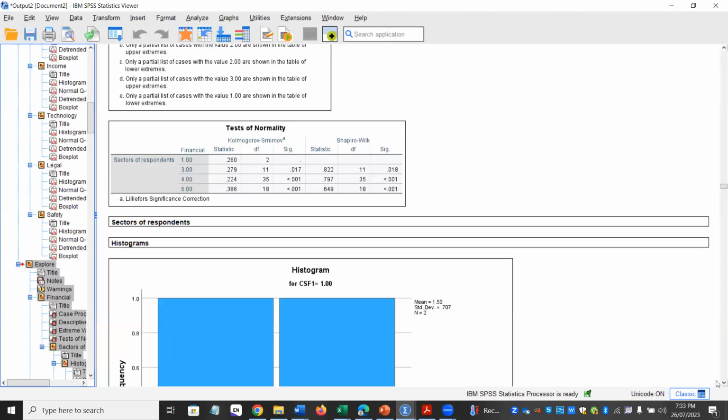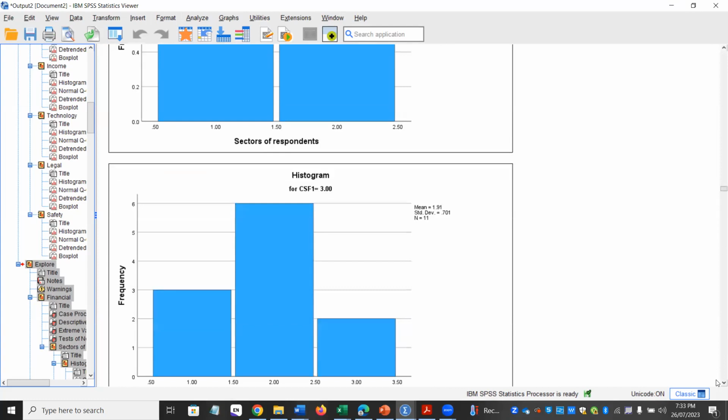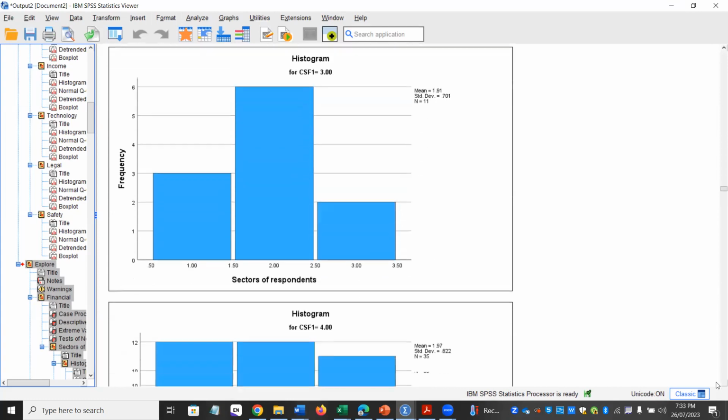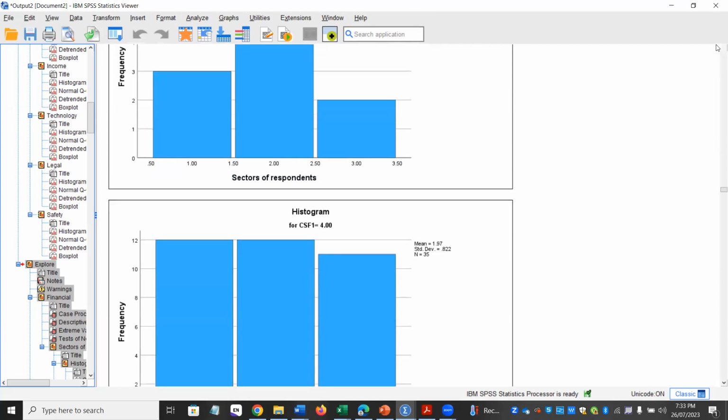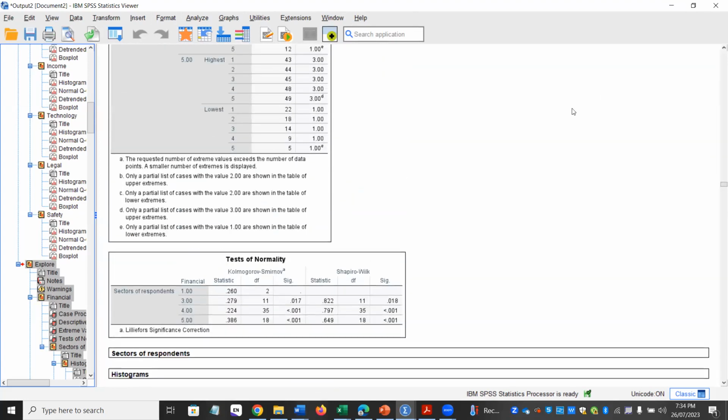Well, here it has decided to show one by one. Yeah, okay, so this is the right one, the histogram. But I want it in the form of the table. Anyway, it decided to show it variable by variable. But variable by variable, you look at it from the sector's point of view. So that's why you can see the three